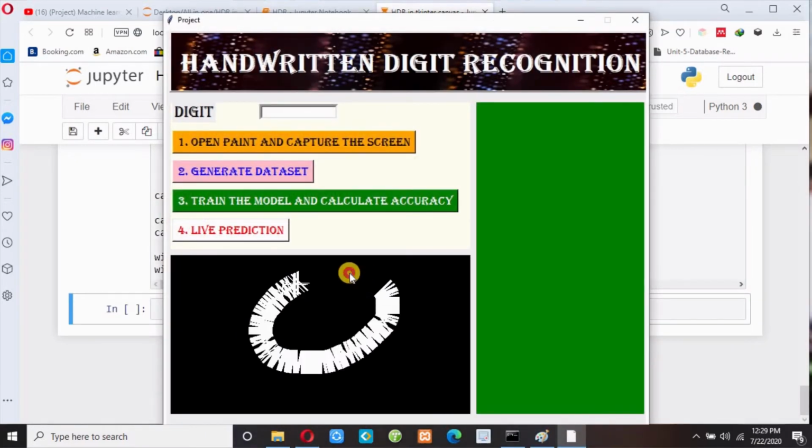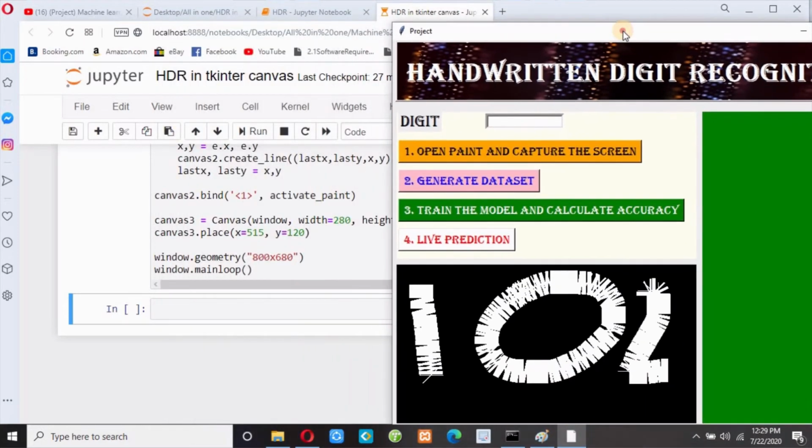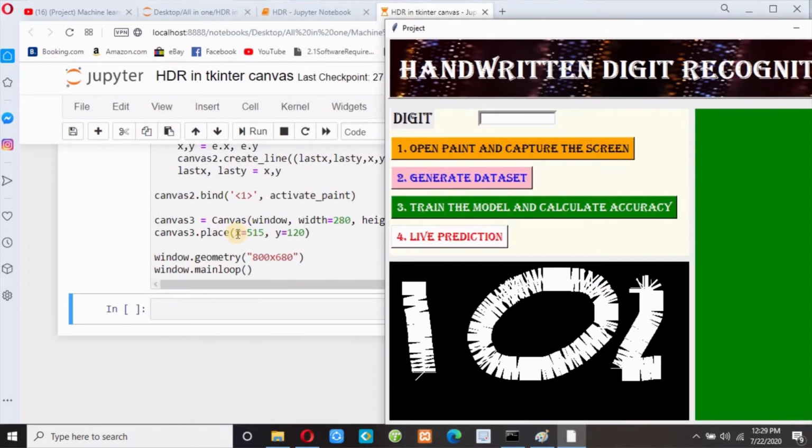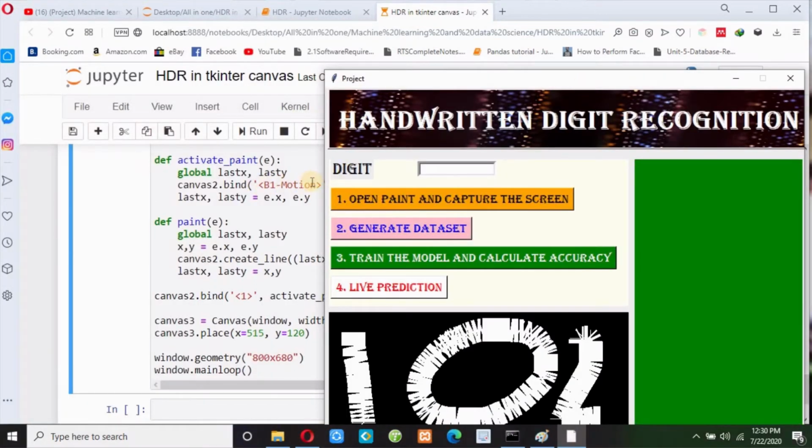now you can see here, now I can draw a paint over here. So you can see here. So if I minimize this, this width equals 40 means the width of the brush, and white means white color. And this b1 motion means, you can see here, I can draw in motion here. Simply I can draw curve-like shapes.